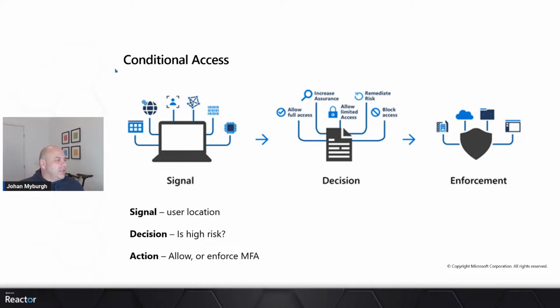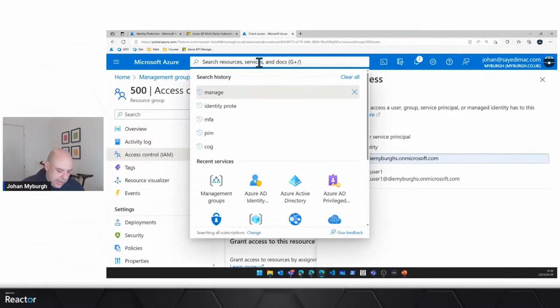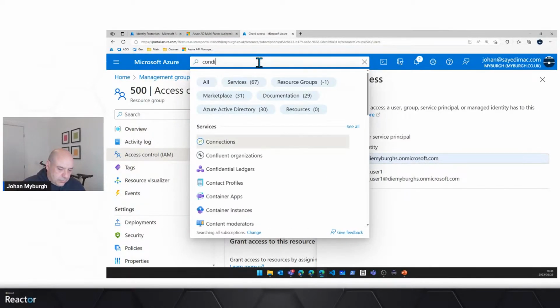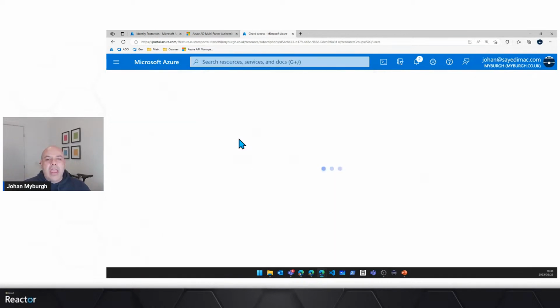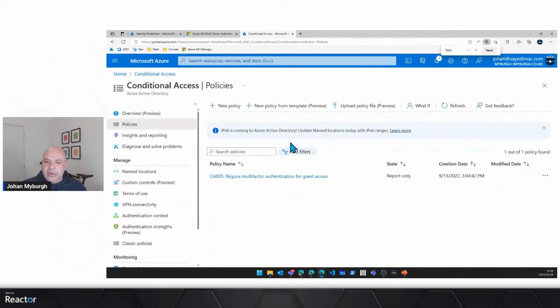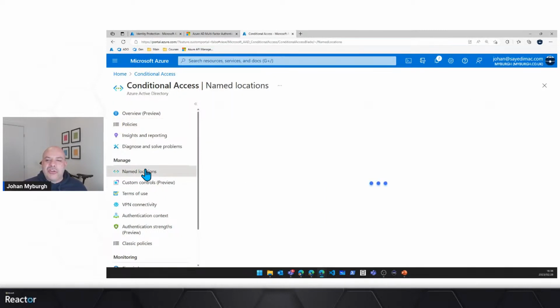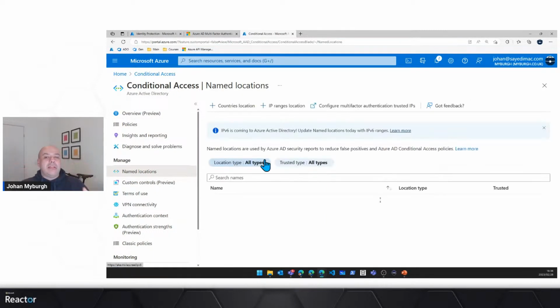So if I go back to the portal here and I click on conditional access, let me just bump the font down slightly, then you'll see that there's something called named locations, and I can go and create all these named locations, either add some countries or IP ranges. As an example, there you can see there's a country called South Africa. So I can go and add these locations,